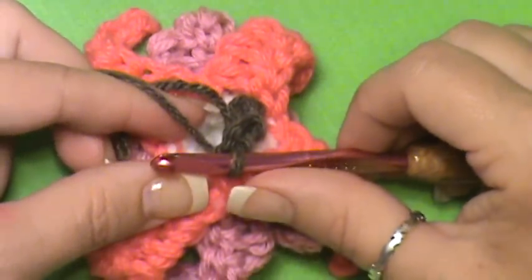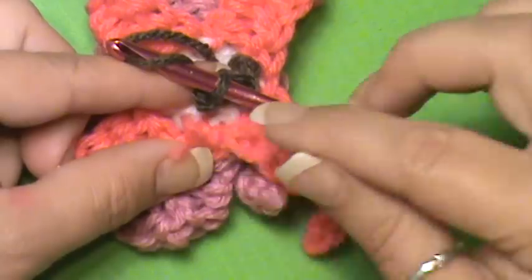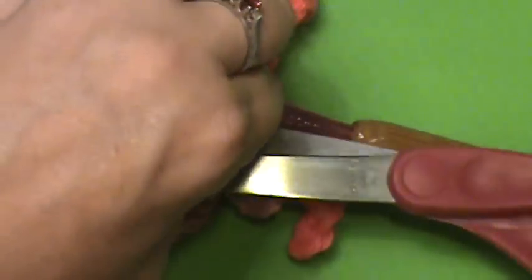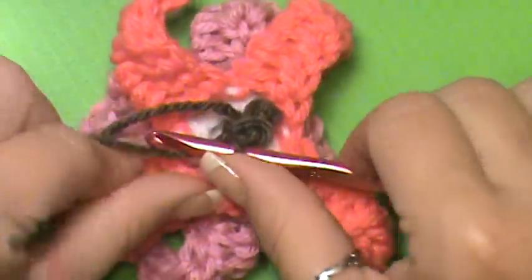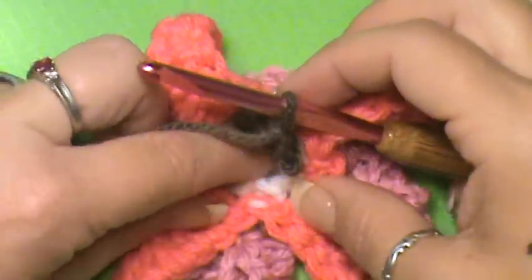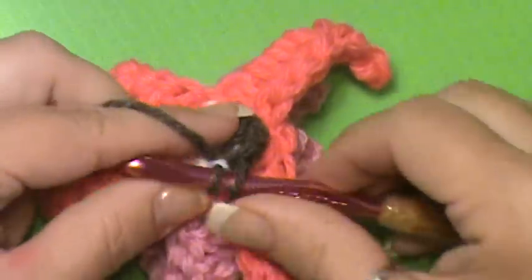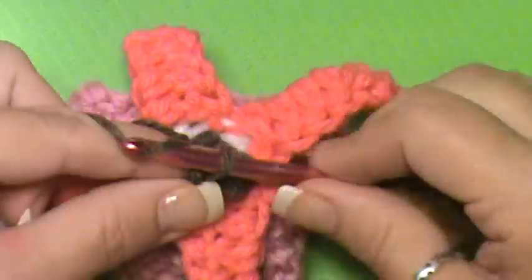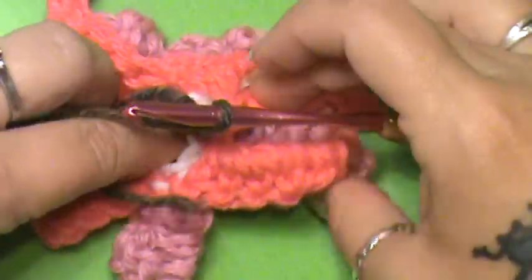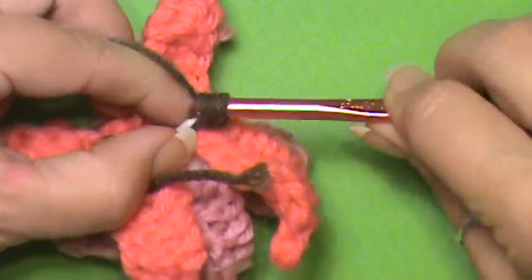Okay, so you did your single crochet. So basically you skipped 1 stitch, and then you went right into that next back loop of that stitch from the previous round. So do that single crochet there into the back loop and chain 2. Okay, so skip the next stitch and then go into that next back loop with a single crochet, chain 2. Okay, and then you want to skip the next stitch, go into that next back loop with a single crochet,